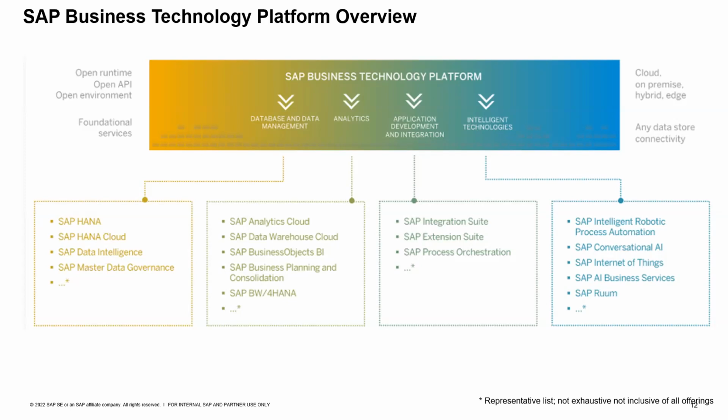In addition, you can run your data anywhere, reduce data redundancy, connect the data across diverse landscapes, as well as build and govern a comprehensive system of master data. So for databases, SAP BTP supports, as you can see, SAP HANA, SAP HANA Cloud, SAP Data Intelligence, SAP Master Data Governance, and for data management, we have Data Intelligence, SAP Information Steward, SAP Data Quality Management, and so on.